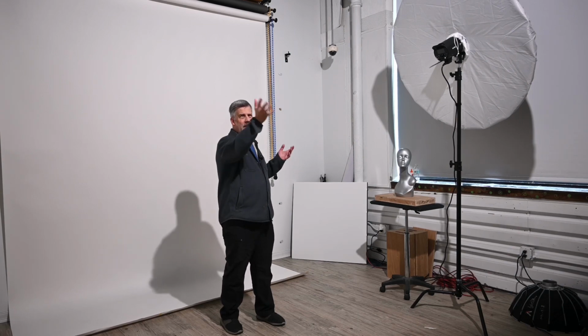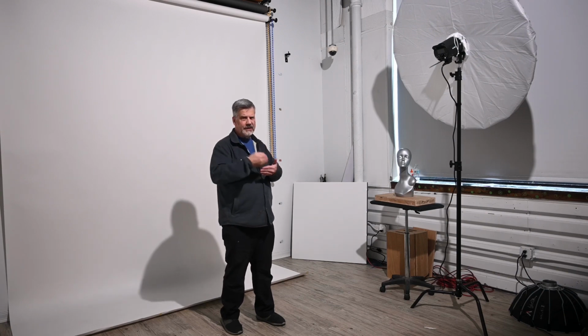The mistake most people make is just because they have the power, they think they have to use it. If I keep this set up for the commercial shoot, I need to show everything. I need to have clean lines, clean lighting, and be able to see every inch of that material. If they want to zoom in on a button, they can zoom in on a button. That's not the ideal lighting for anything